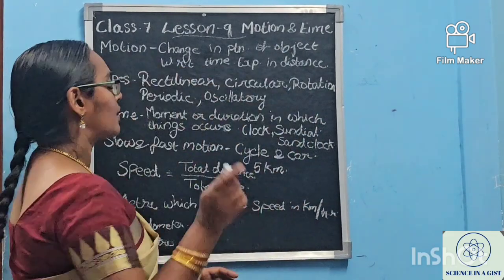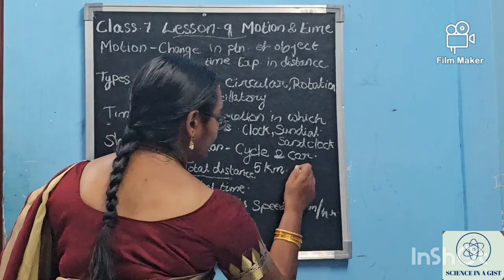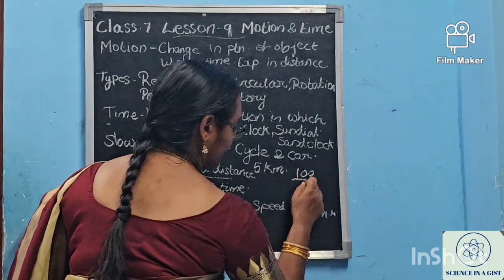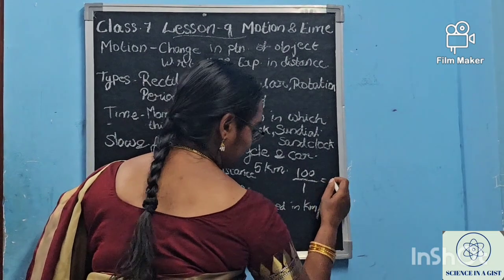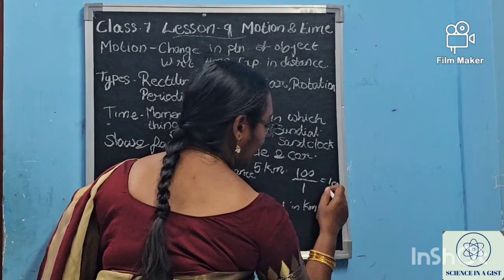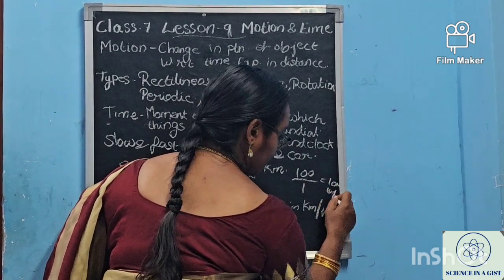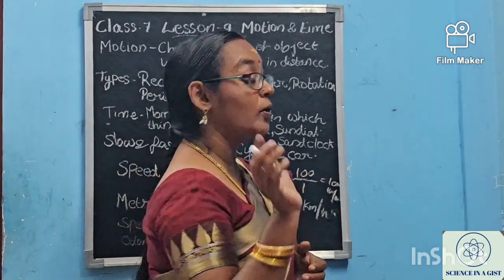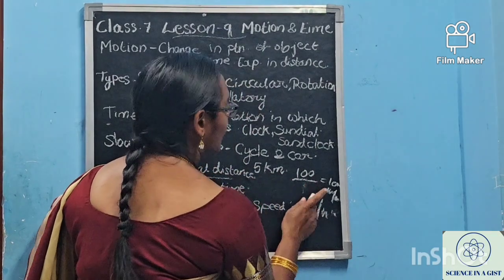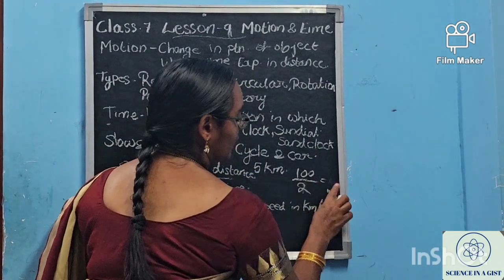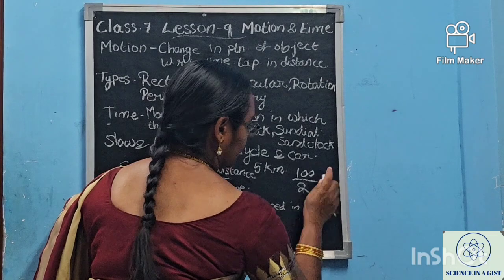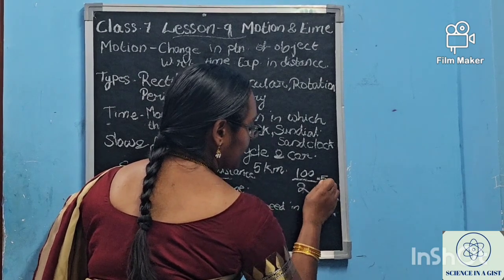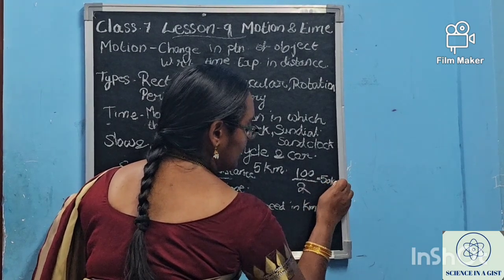Okay, what is the speed of the car? 100 kilometers divided by 1 is equal to 100. 100 kilometers per hour is the speed of the car. But in the case of the bike, it is 100 divided by 2. It is 50, isn't it? 50 kilometers per hour is the speed of